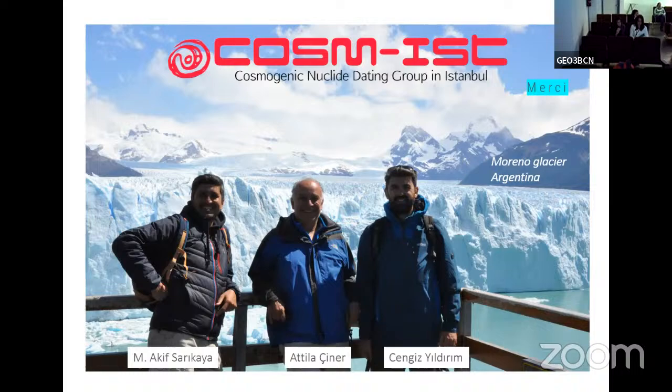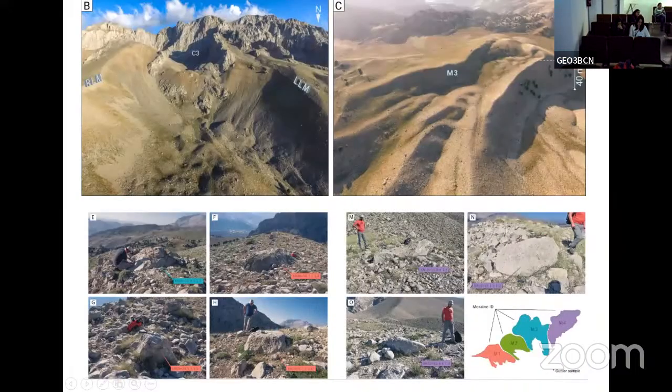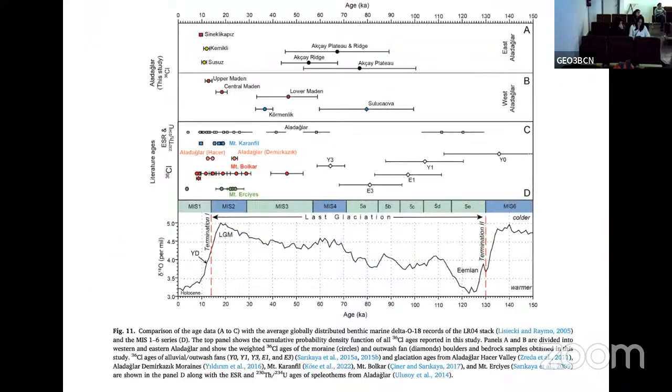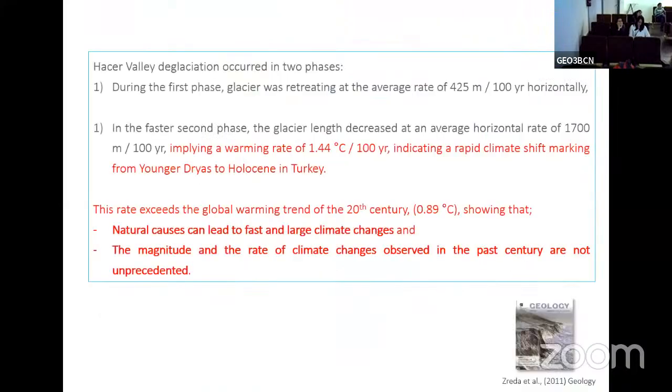The slide on the glacier, you mean? Yeah. You are talking about the previous one. This one. Oh, sorry. You're saying that the natural causes can lead to fast and large climatic changes, right? But here you have the tectonics playing a key role in Turkey because you have a large tectonic environment. How do you distinguish between the tectonic and the climate? I mean, if you are talking about the uplift due to the tectonic,